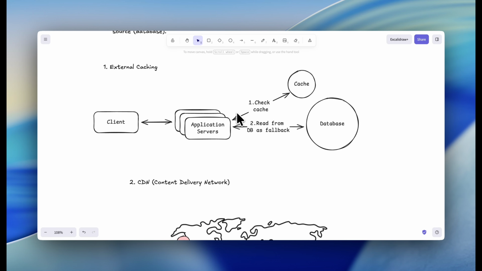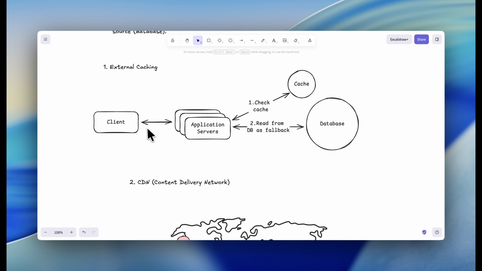External caching is basically a standalone cache service that your application talks to over the network. This is what most people think of when they hear caching. So you store frequently accessed data in something like Redis or Memcached,